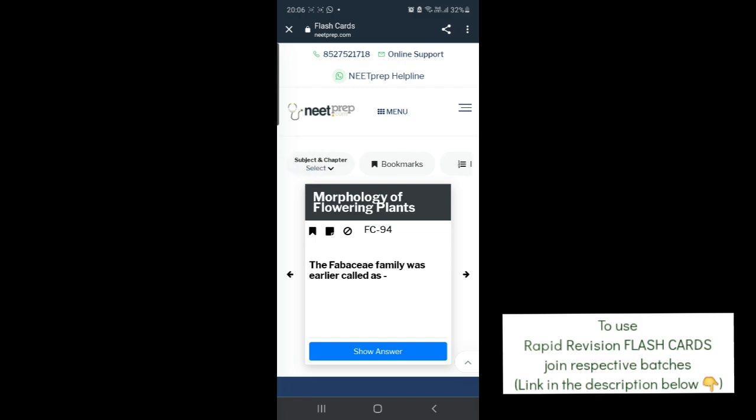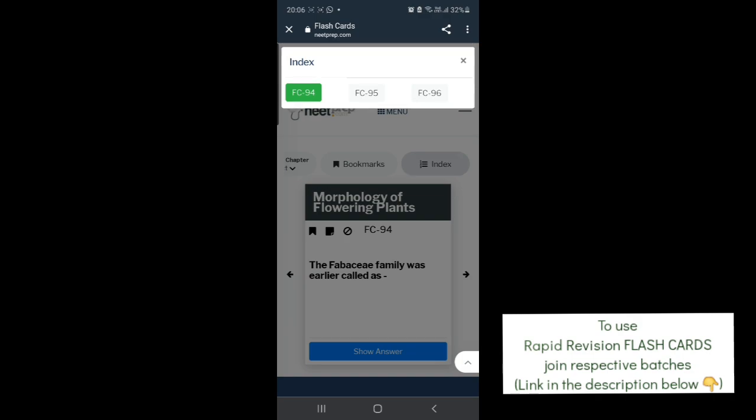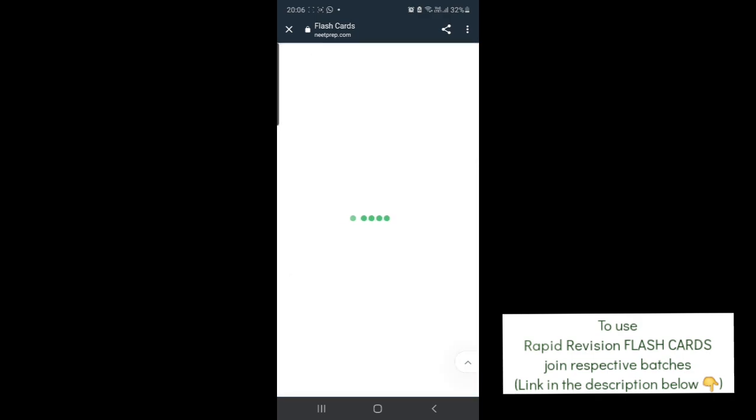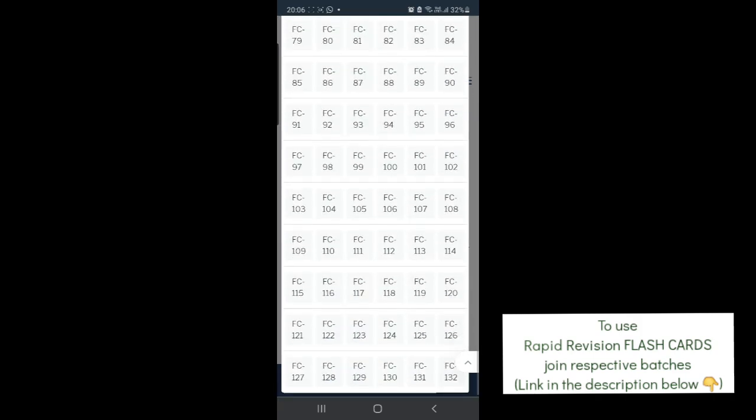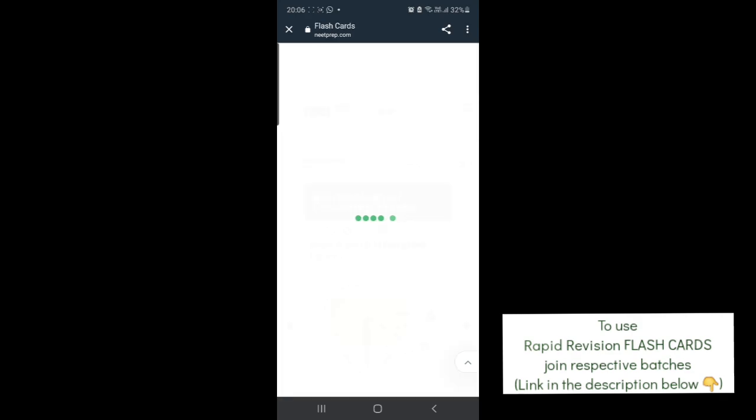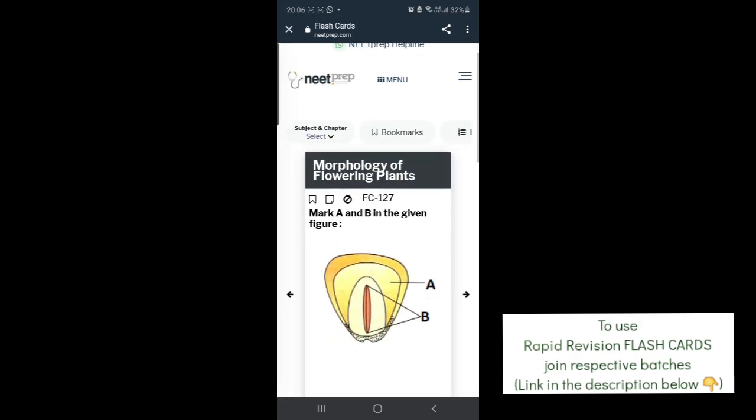Now see, you have bookmarked the flashcard, you have added a note. This is valid for all the flashcards. Now I want to show you some specific flashcards. These were the textual flashcards I wanted to tell you about. So I'm removing the bookmark filter. Now I will click on index, and then I will show you the very special flashcards, which are diagrammatic flashcards. It will help you revise even the diagrams of NCERT here.